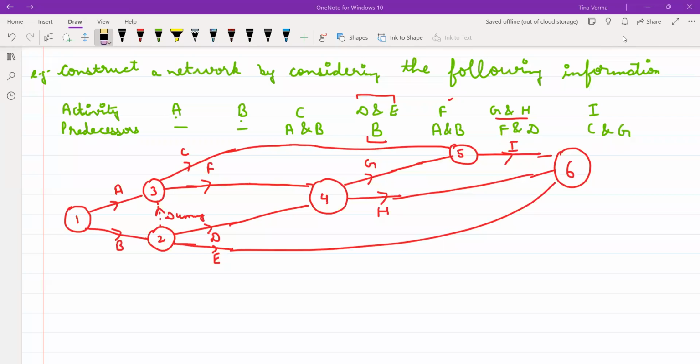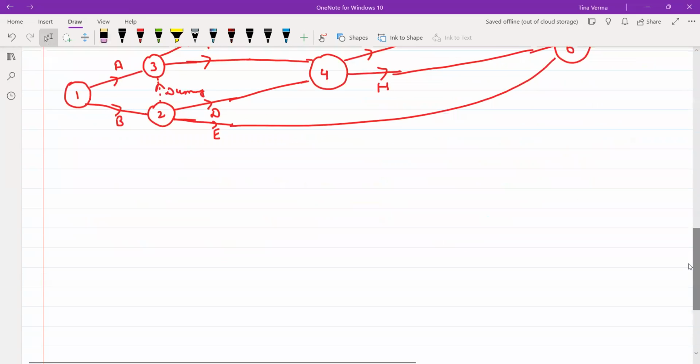Next question. There is also a dummy row, right? So you have to take care of how you can construct a network. So do one more example, right? The same case: you have to construct a network, you can write the wording, and the activities are